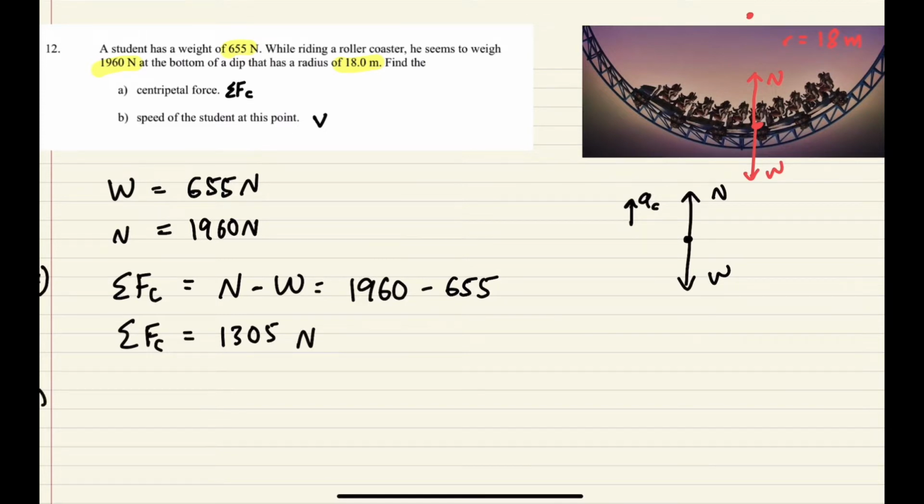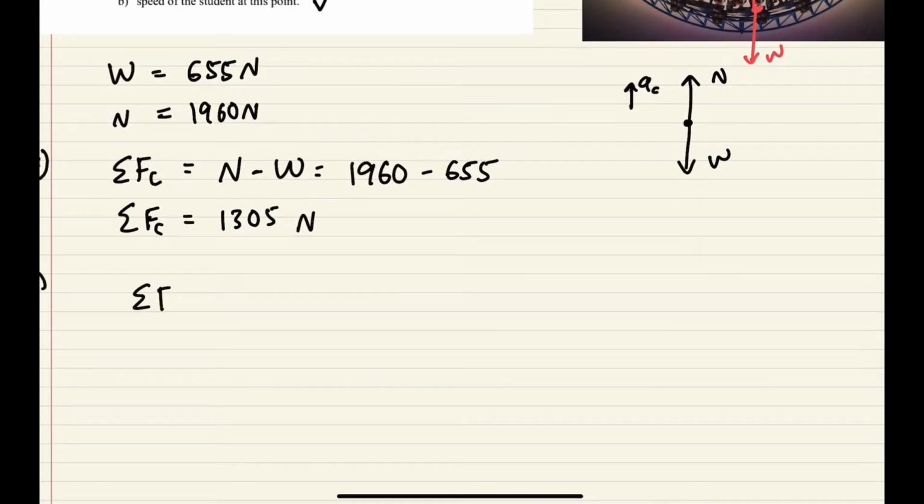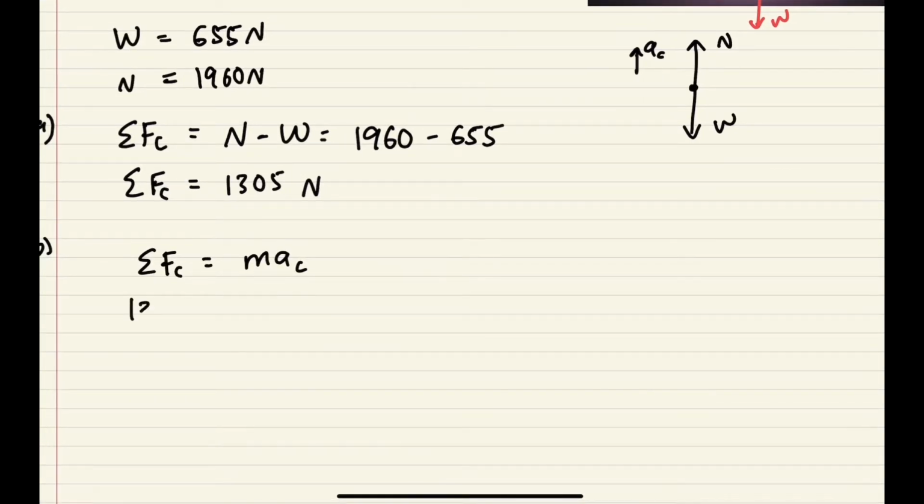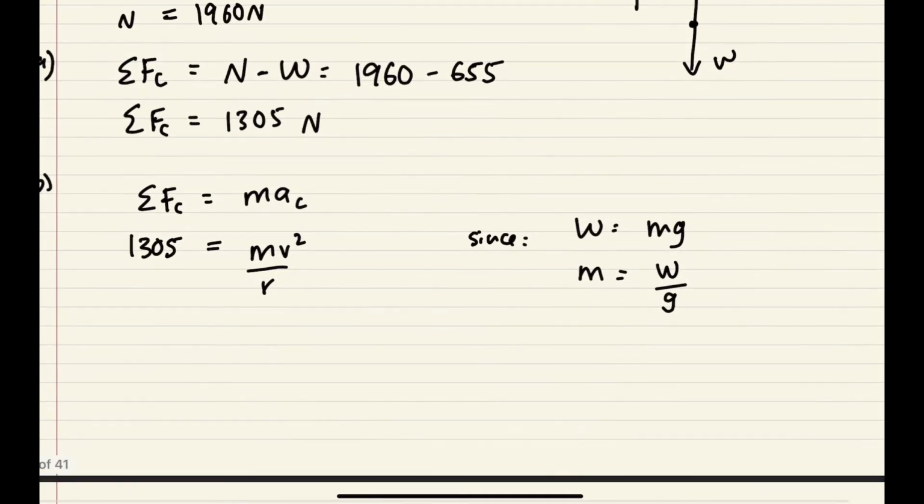Okay, B, the speed of the student at this point. Summation of FC equals to MAC. So this one is 1305. MAC is equal to mv squared over R. You do have the R, but you don't have the m yet. So you can find the m, or you can substitute from the weight. Since weight is equal to mg, m is equal to weight divided by g. So 1305 is equal to weight divided by g